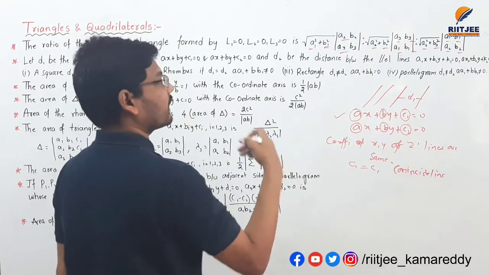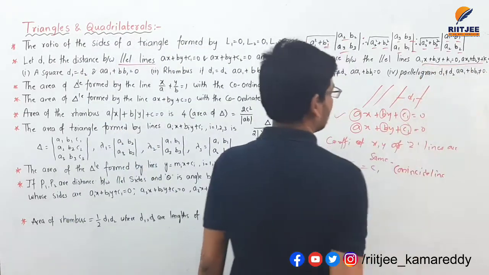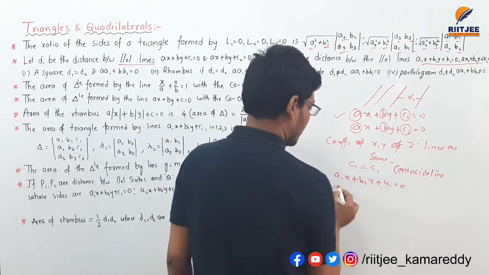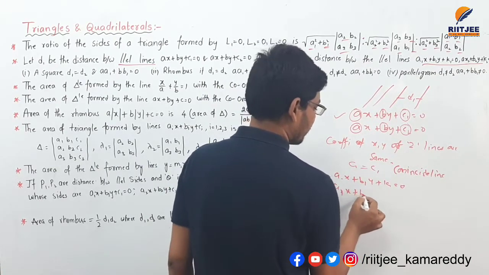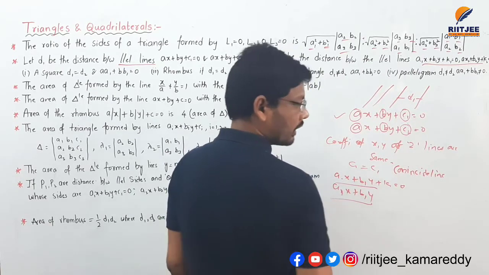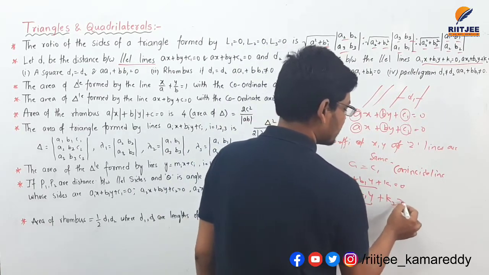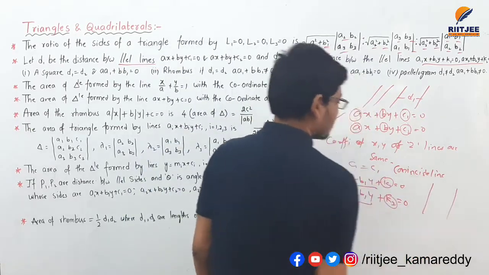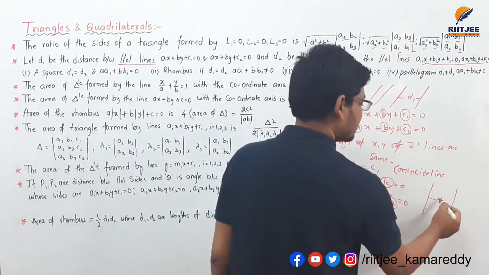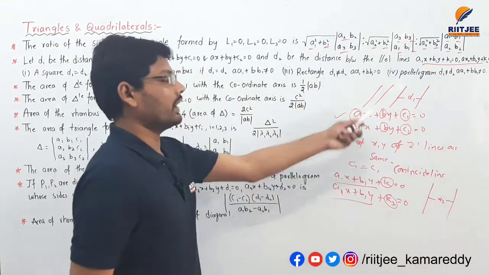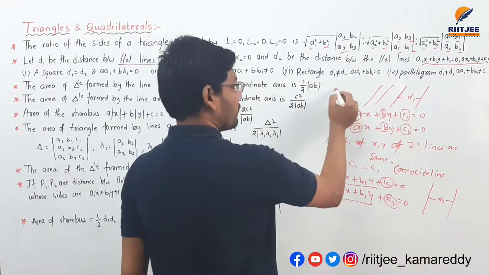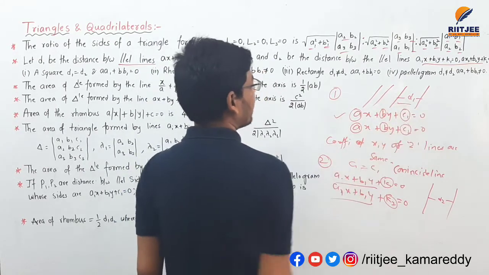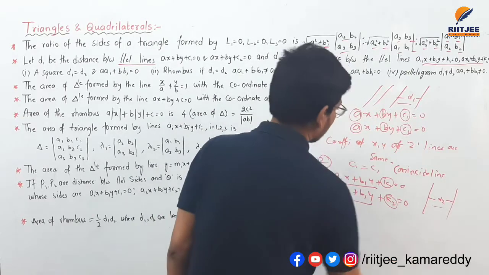And again we are taking two more parallel lines, that is a1x plus b1y plus k1 is equal to 0, and a1x plus b1y is common. These two are parallel, that's why only the constant value is changed here, k1 and k2. These are also two parallel lines. The distance between these two parallel lines is d2. This is one set of parallel lines, this is also one set of parallel lines. The distance between the first set of parallel lines is d1 and the second set of parallel lines is d2.